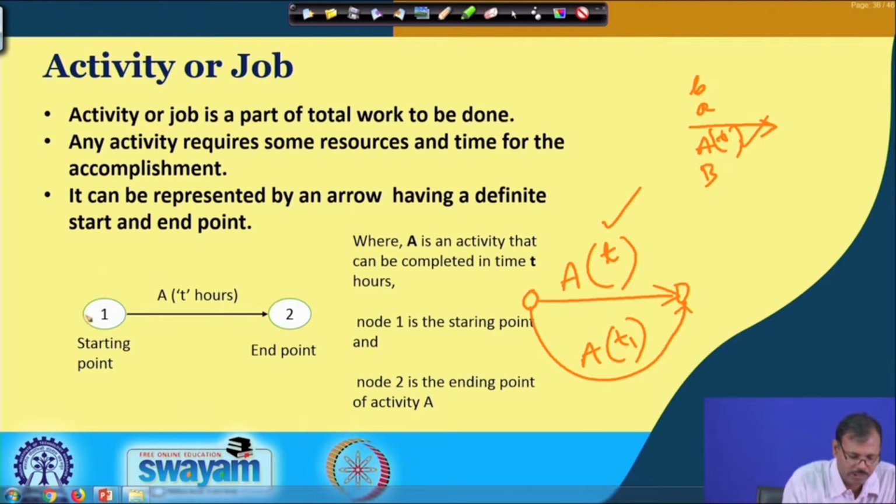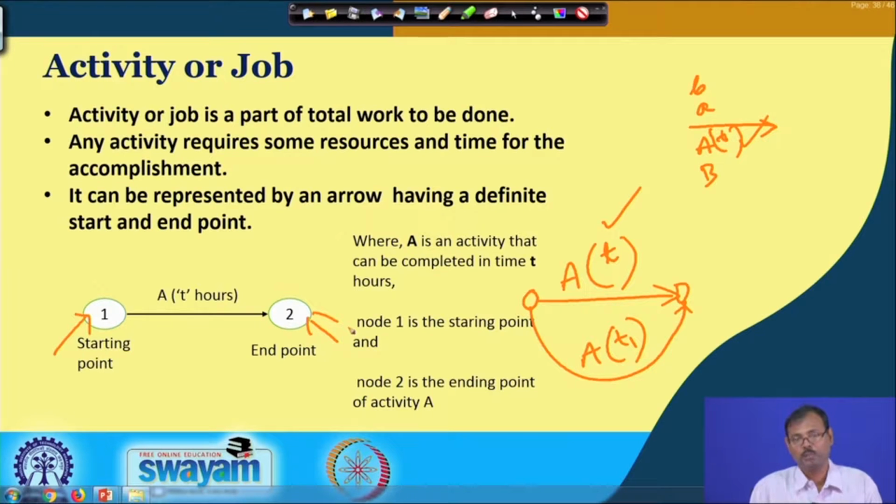The starting point and ending point of the activities must be fixed, otherwise open-ended activities cannot exist. That means you cannot start from Ghaziabad without knowing where to go. You may arrive at Delhi, you may arrive at Calcutta, you may arrive at Chennai, that is not a possible process and that is not allowed in network analysis. An activity must have a starting and ending point, and that is an essential requirement. Open activities are not allowed.